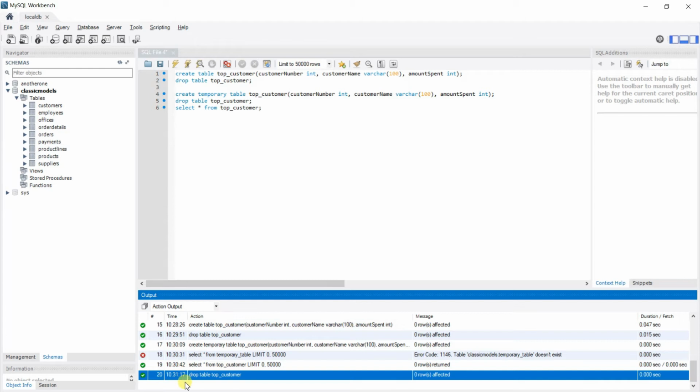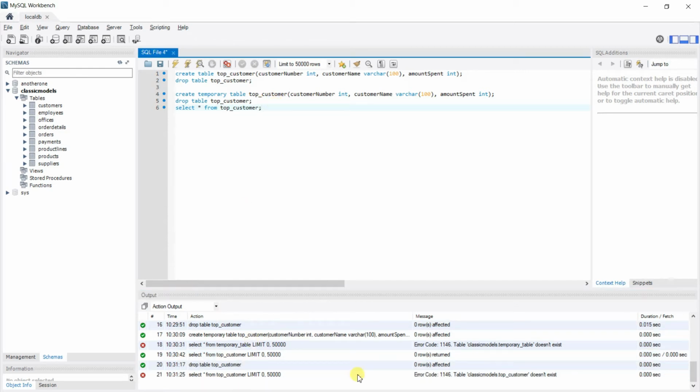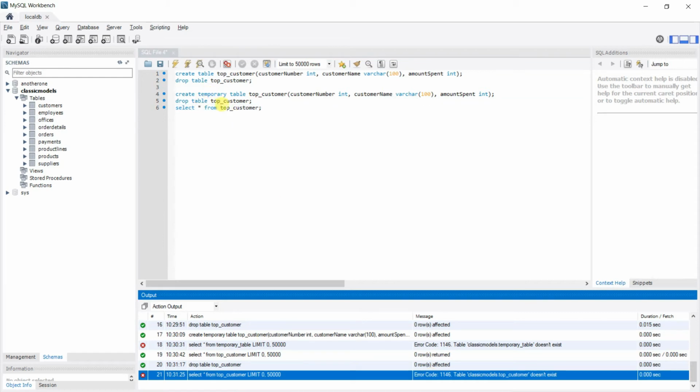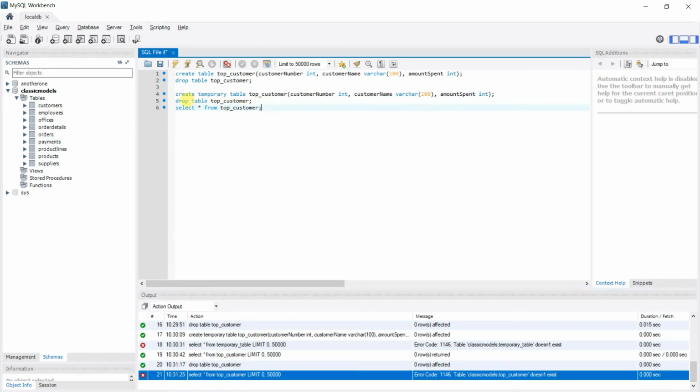Now it says 0 rows affected, drop table is successful. Now if you hit Control Enter, as you can see, top customer does not exist. Now, why we do not just use this and make it a habit to use temporary table is because